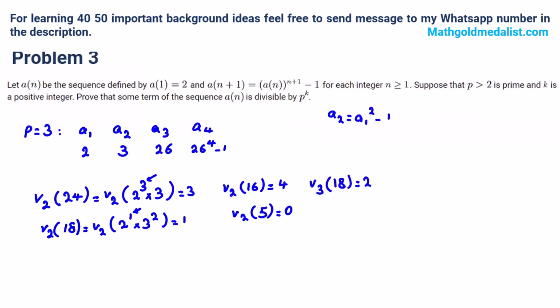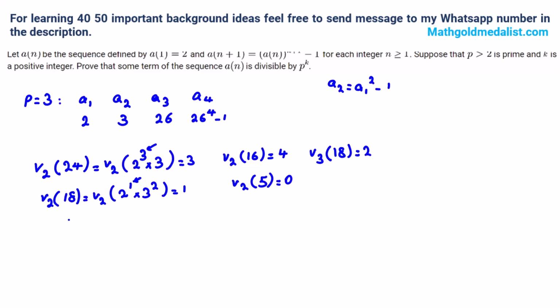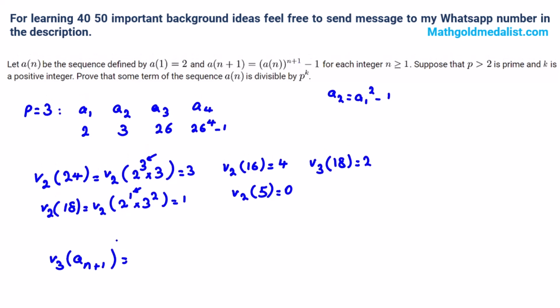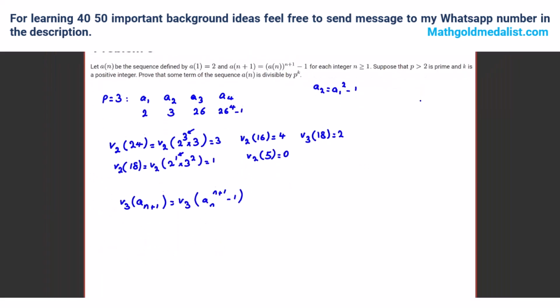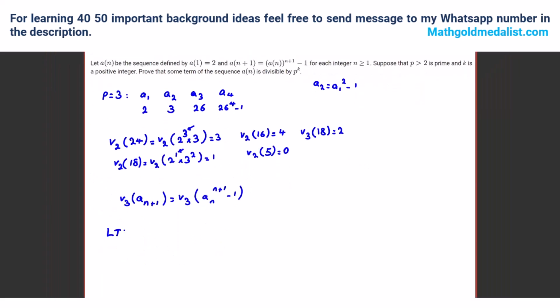Now we want to prove that V3 of, for example, A something is large. If we consider V3 of A of n plus 1, if we use this equation, it will be what? V3 of A of n to the n plus 1 minus 1. When we see this, it is similar to a theorem. It is what? Lifting the exponent, or LTE. It says what? Because here we know our P is odd. If P is an odd prime,